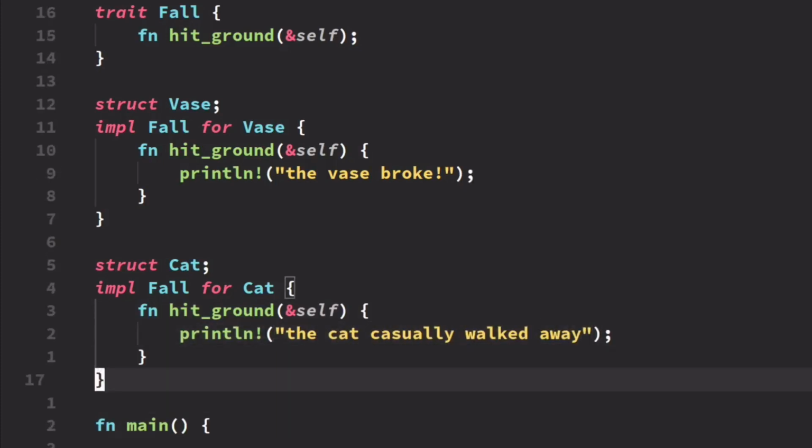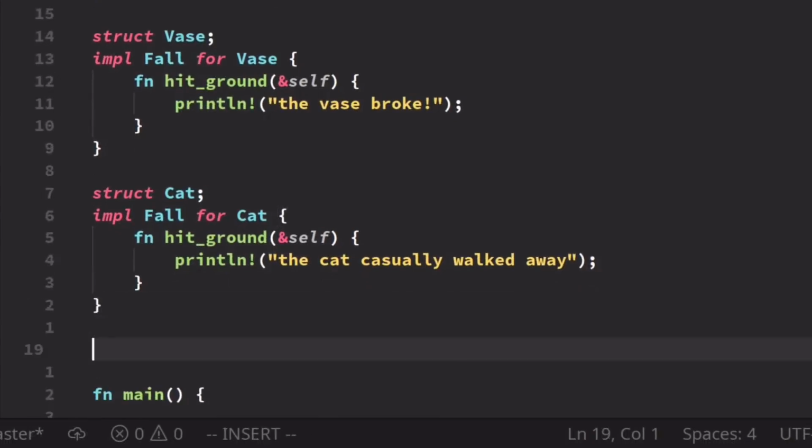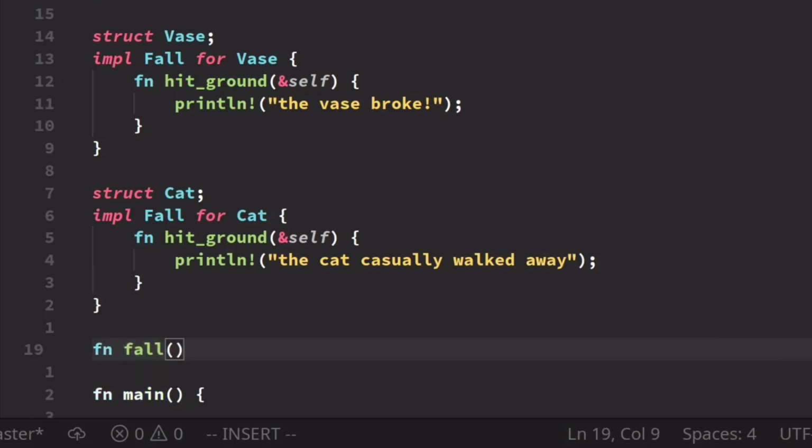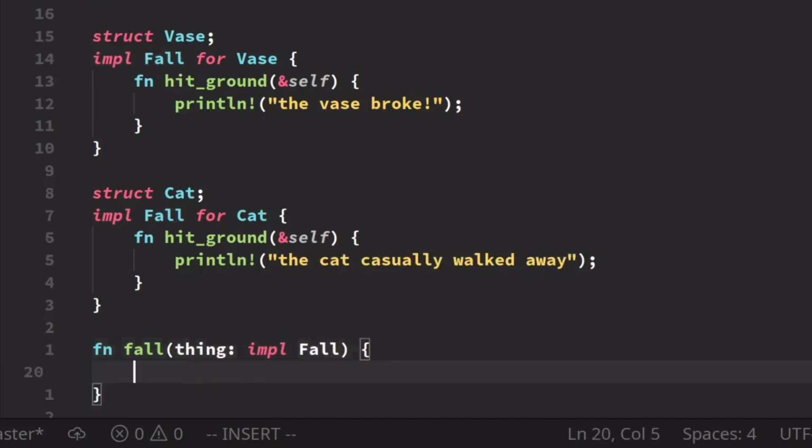Next, I need to create a function that utilizes the trait. I'll call it fall. Notice that the trait starts with a capital F. Traits should always start with capital letters to distinguish them from functions. Our function is using all lowercase because we usually use all lowercase with function names. The fall function will take an argument of thing, and the thing will implement the Fall trait, and we'll just